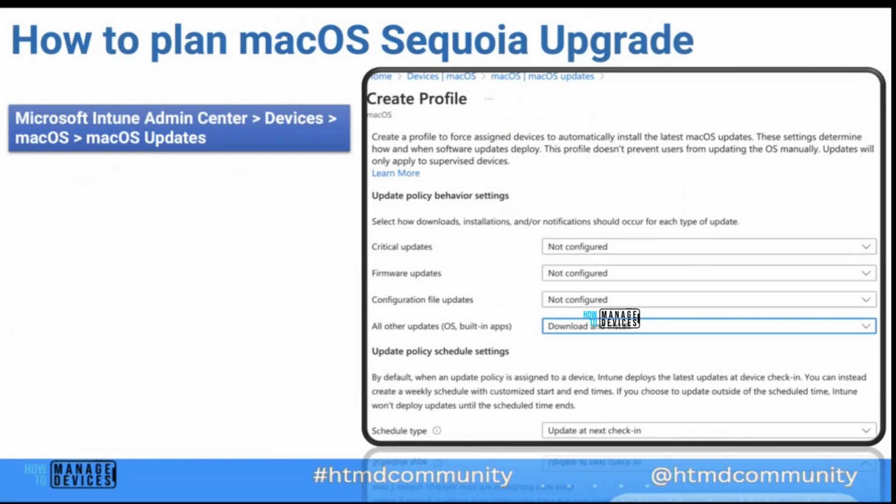So in Intune, there are multiple methods we can push the software updates. We'll first be covering how we can update the software. As you know, the public release has been available for all the users. Any users that use a Mac will first get the software update notification in System Settings, General, Software Update window. But if the device is managed by Intune, we can disable or enable specific updates,